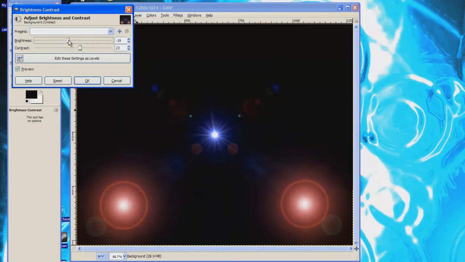Push this up a little bit, and just feel free to mess around with whatever you want it to look like. Right now I'm trying to get it to a certain way, which will look cool in a second. This is good for now. I have a little bit more contrast, a little bit less. Again, just do it however you want to, whatever way it looks for you. I'm trying to bring out certain elements at the moment. Alright,